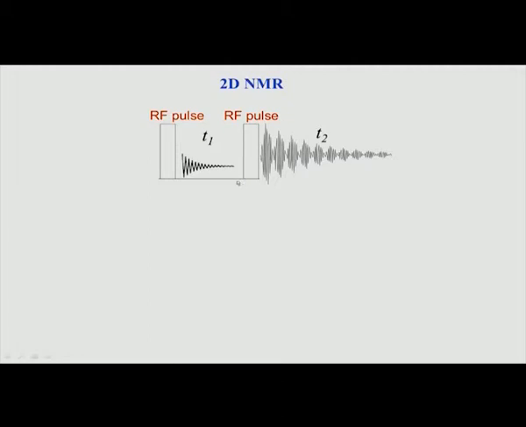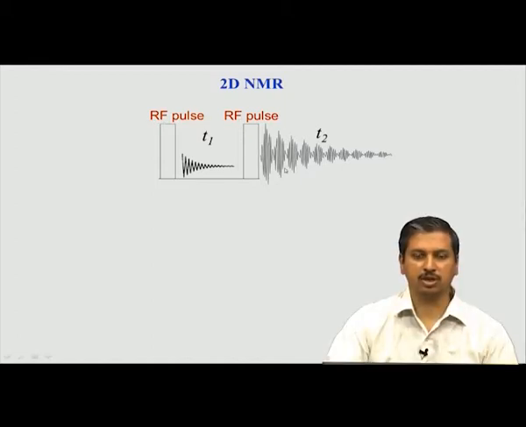Now, at this point you apply another pulse, which will excite the second nucleus, and it will come to the xy plane and start evolving. This is similar to what we saw in the previous slide, but this is coming more to the actual way we record NMR experiments in the spectrometer. So, we can call this spin A, then it goes.